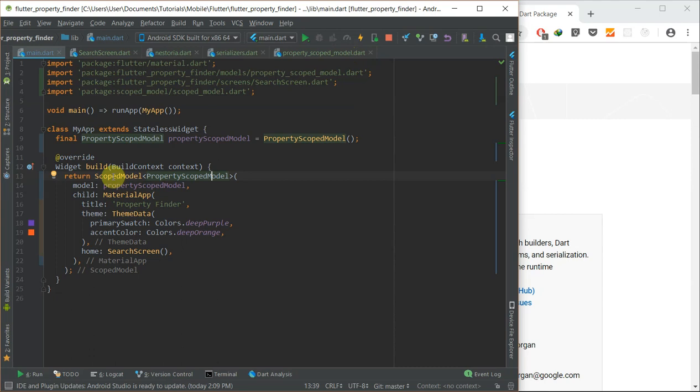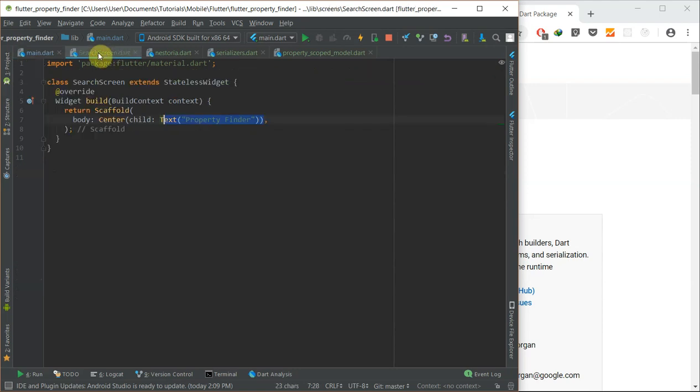So with this now, every child in this widget tree is going to have access to the model using the scoped model descendant. So the third part is the scoped model descendant, and I would implement that in our